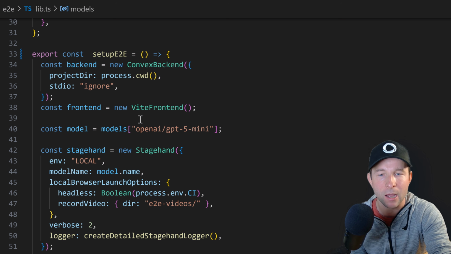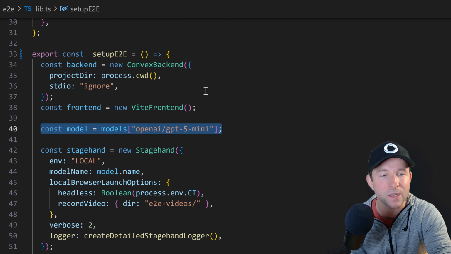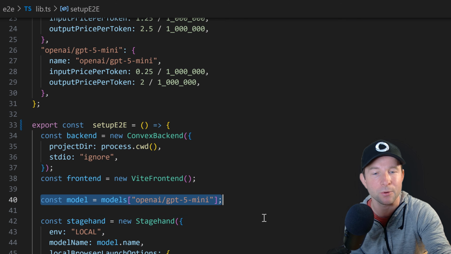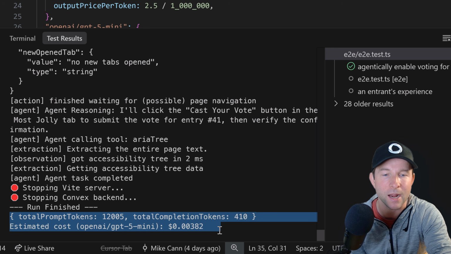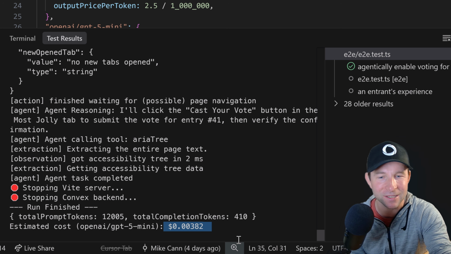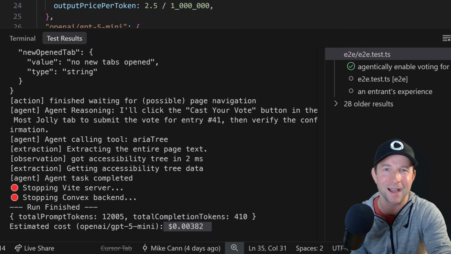So right now I'm using the GPT-5 mini model. I found that it's the right sweet spot for me, with really good intelligence and a cheap price. As we can see from the run output from before, it cost considerably less than $0.01 to run that one test,